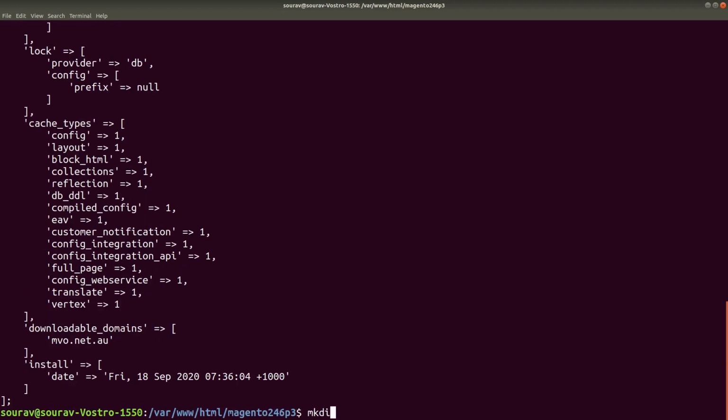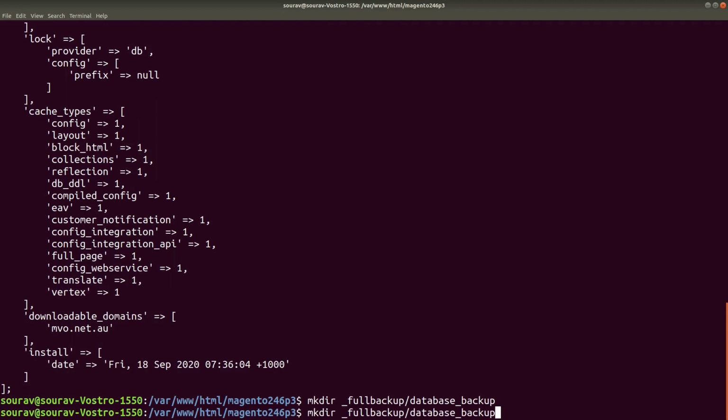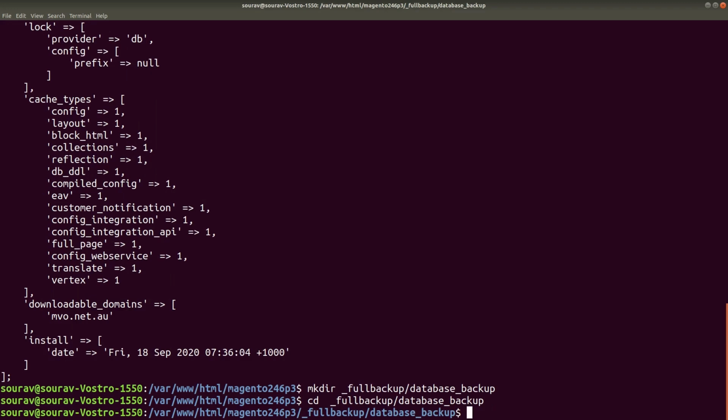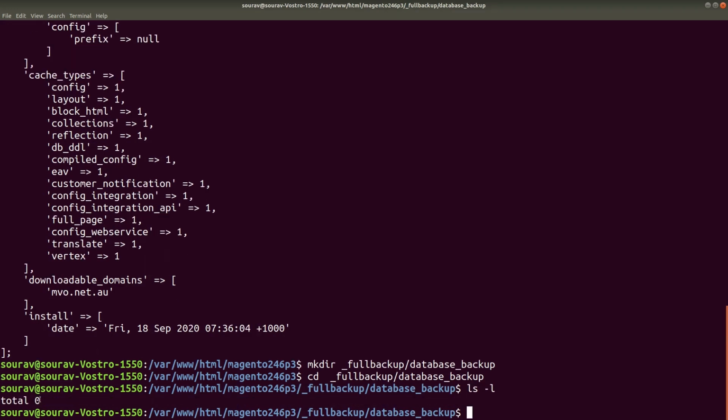First we will create a directory to store the database, named database backup. Use the cd command to enter into the directory. ls -l. First there is no file in there, so we will use the mysqldump command,